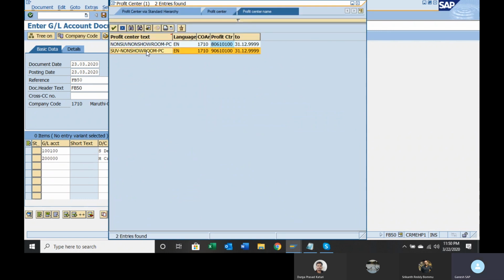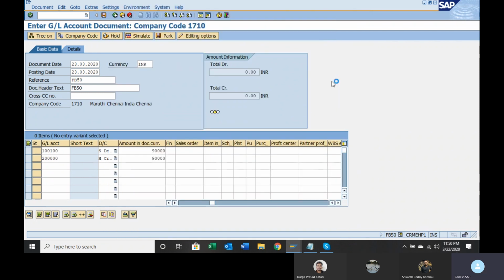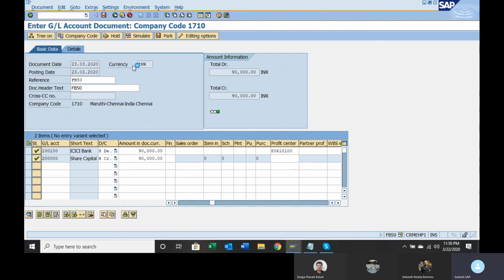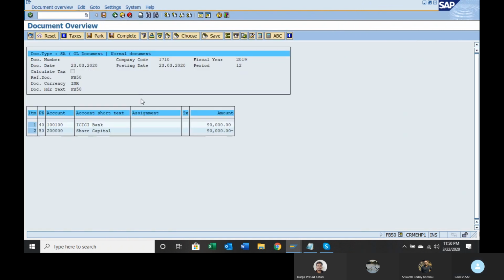We have created two profit centers as of now. Select one, press enter. Go to document. Simulate is nothing but print preview. Debit bank, credit share capital. Click on the post button.